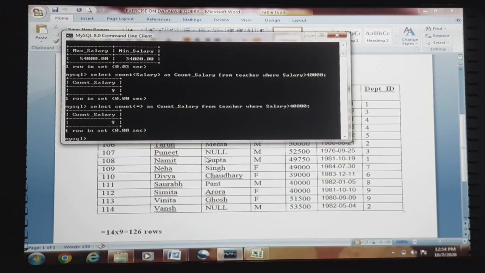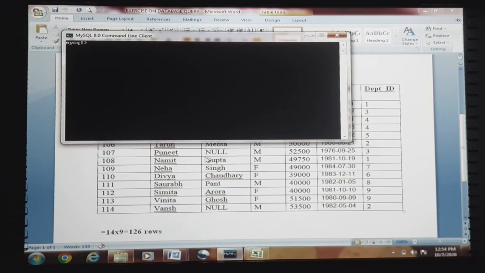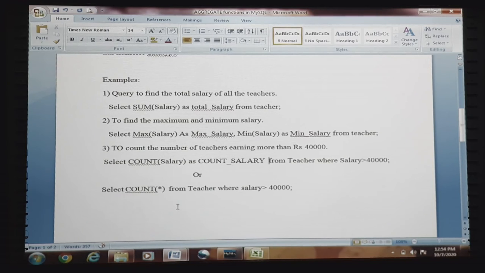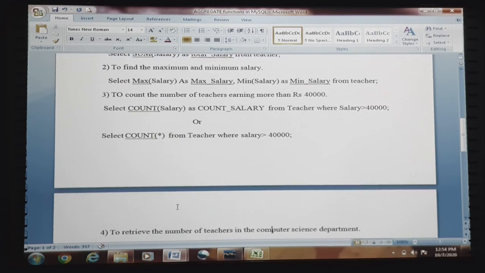So execute it: same value, count_salary 9. Similarly, these things: sum, max, min, count.